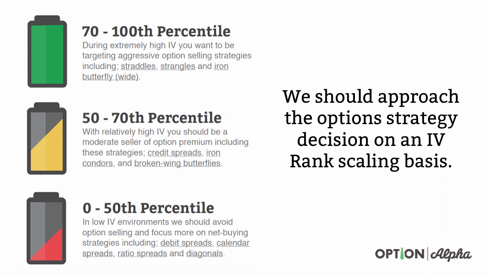In our opinion, our approach to option strategy decisions should be based on an IV rank scaling basis, meaning as implied volatility gets higher and higher, our strategies want to become more and more aggressive towards option selling. They go from option buying, in our opinion, in anything in the 0 to 50 IV percentile rank. That should be more of your option buying strategies because you have low implied volatility across the board and option